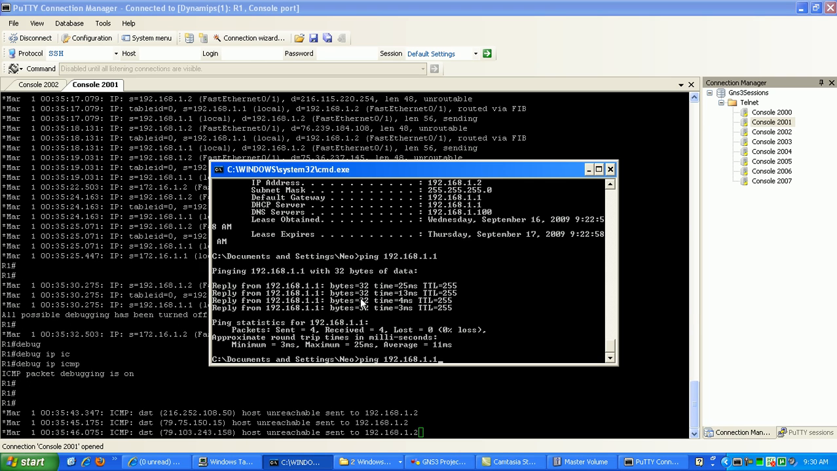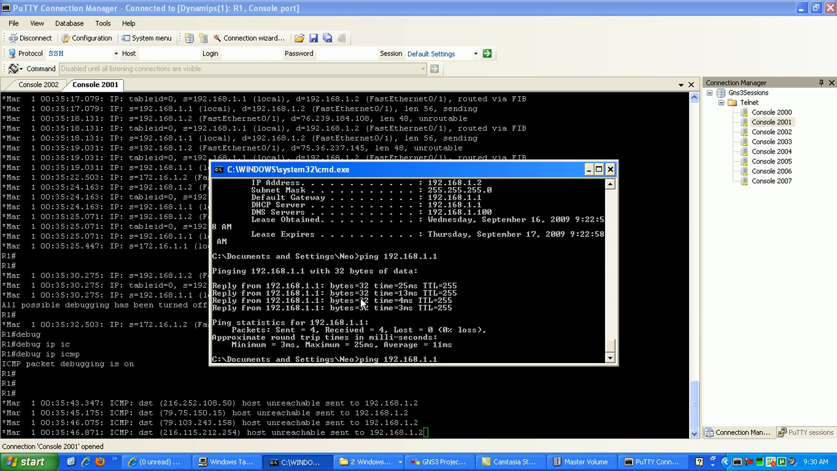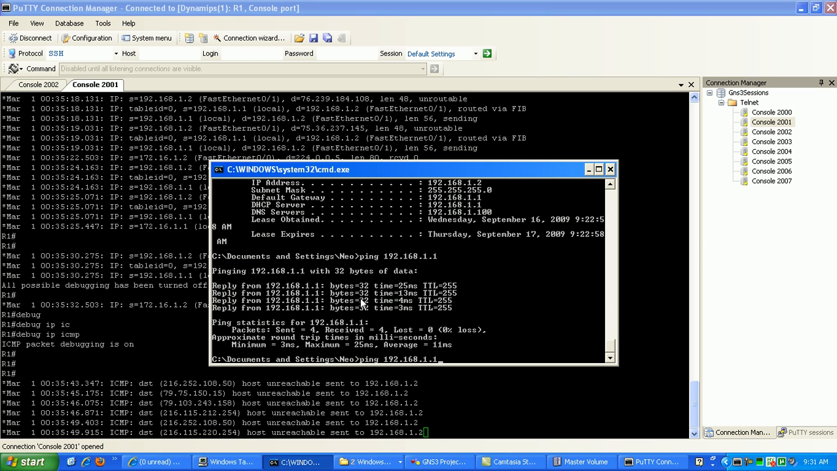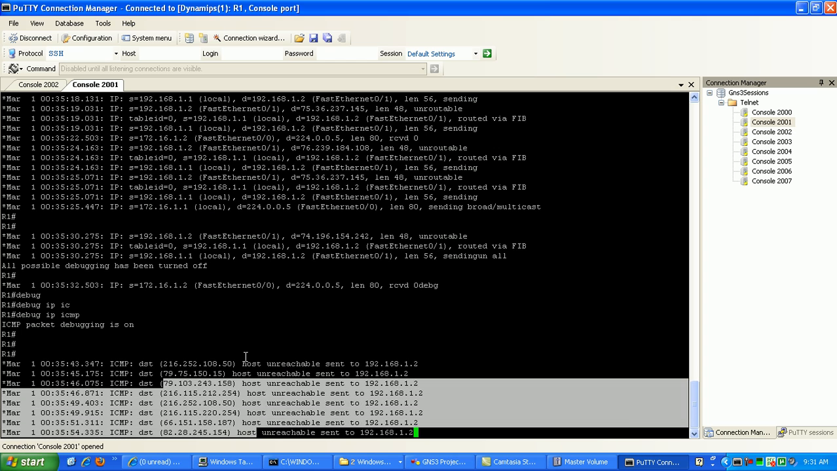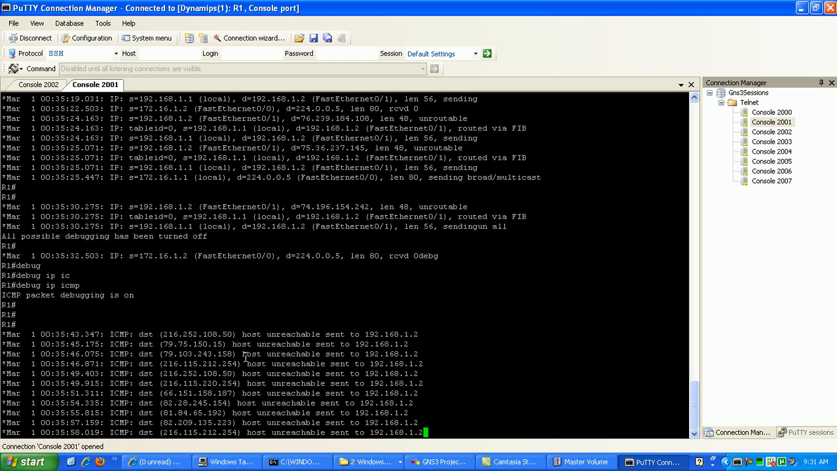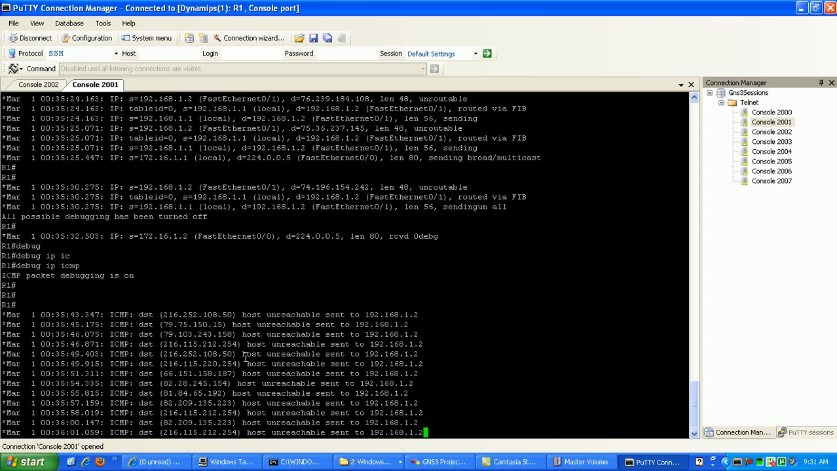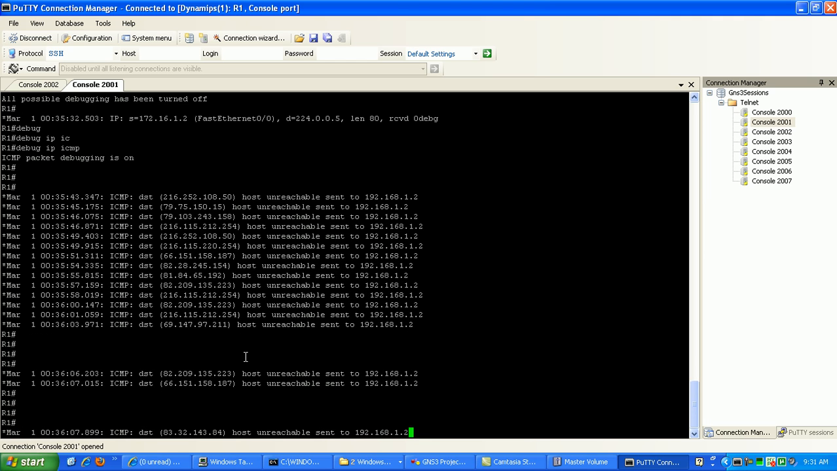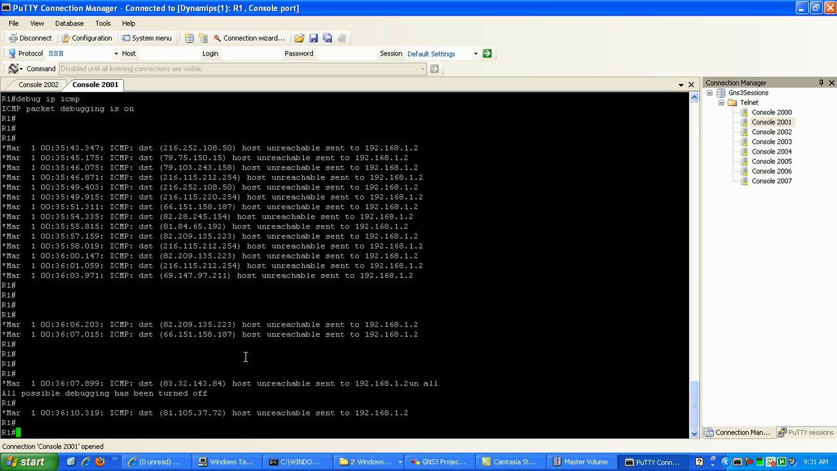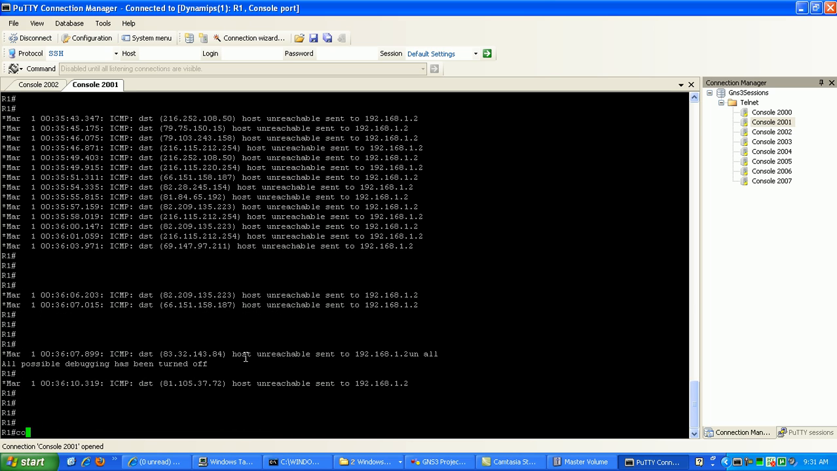Interface here. Looks like it's sending us host unreachables for these IP ranges, and I'm not sure why this is happening. But I need to make sure, if I do a show IP, if I do a show run,